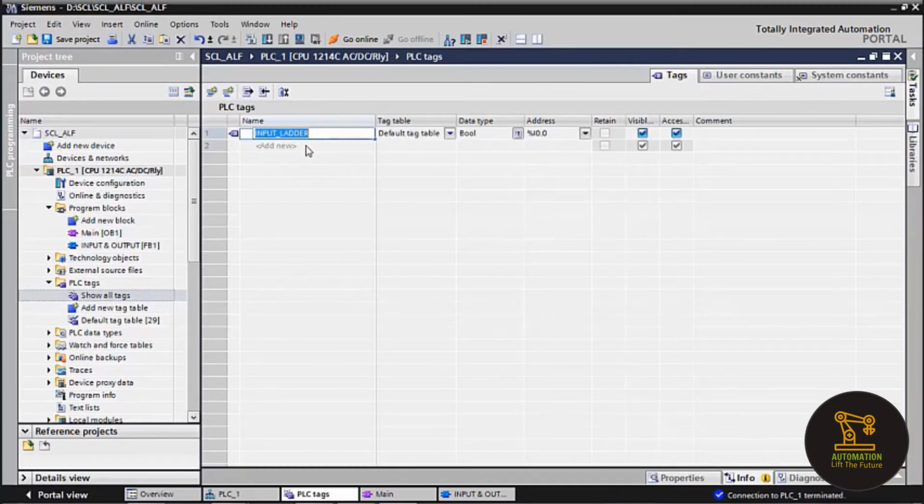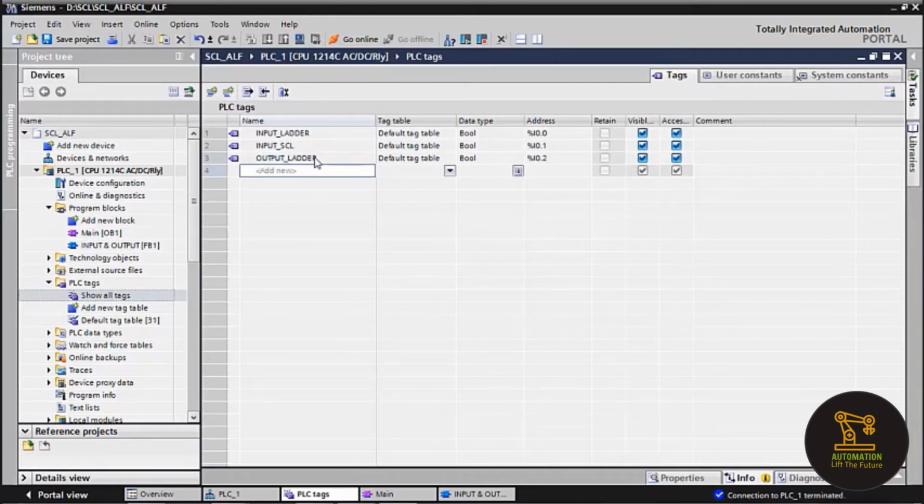Now go to main OB. Initially add some tags. The first tag name is input ladder, which indicates that I am using this tag in the main OB of the PLC. The next one is input SCL.